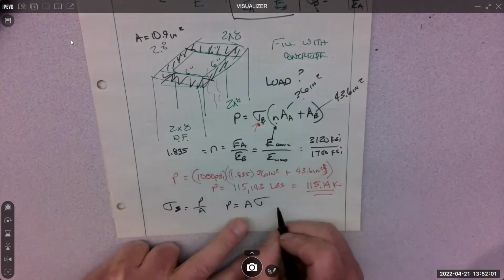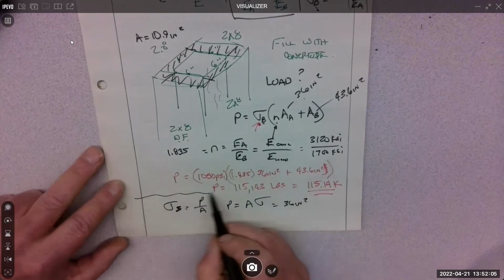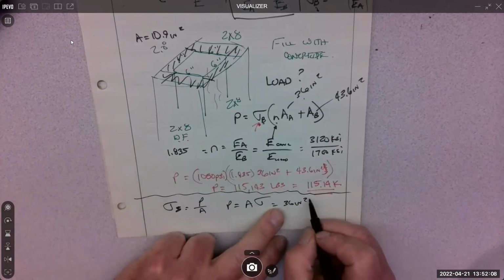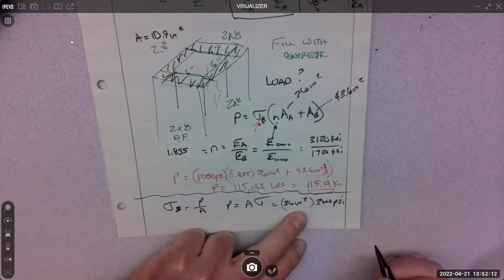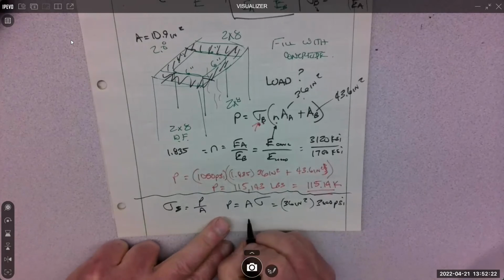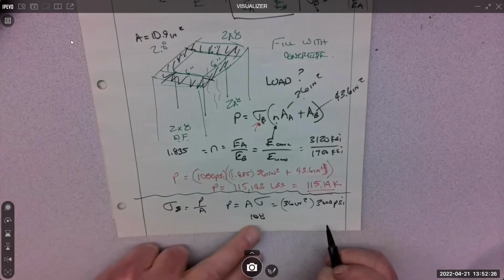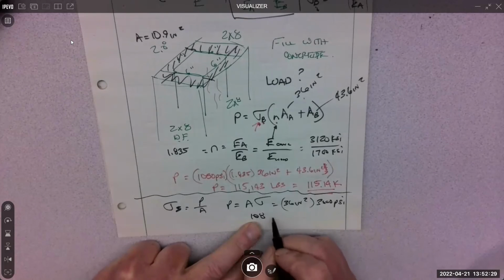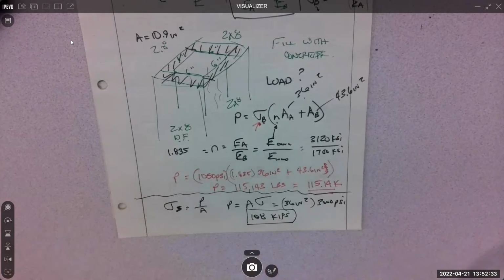The area is 36 inches squared times 3,000 PSI. 108 kips. So just the concrete alone will carry 108 kips,